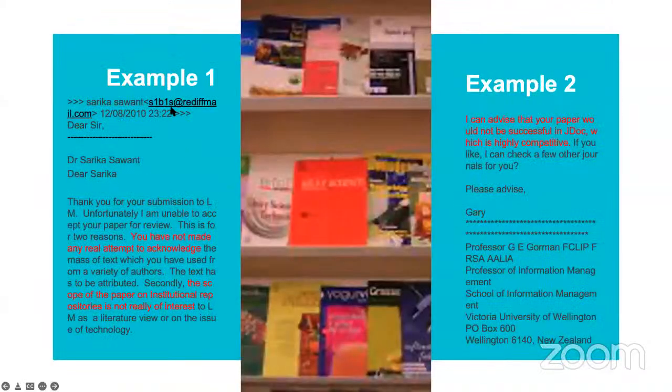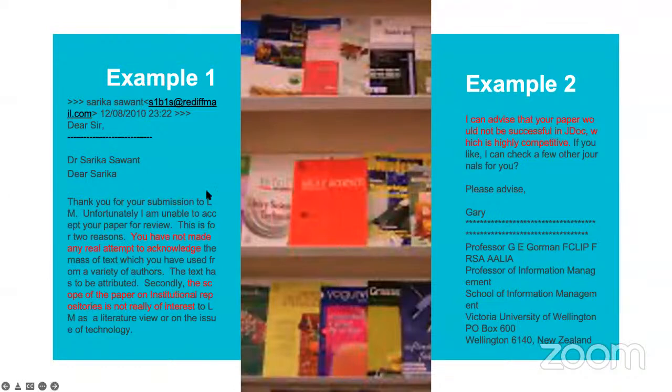These are some examples that I have given, that yes, you have not made any real attempt to acknowledge. So it is a matter of unattributed text. I had written in the review of literature, I had cited the earlier research, but I had taken it word by word. Exactly. I had written the citations, but it should not be like that. You have to make changes in your writing also, which means you have to write it in your own words.